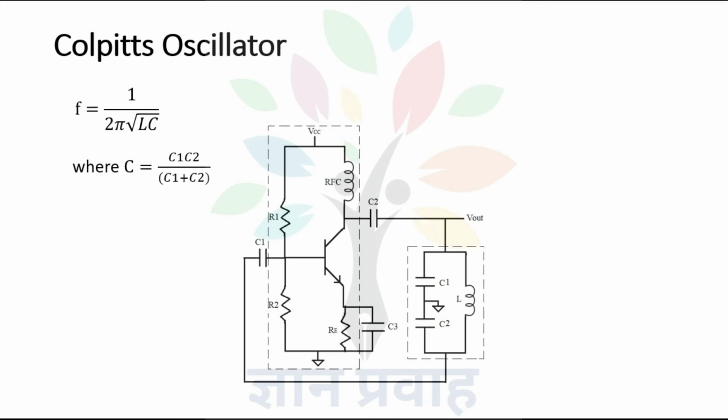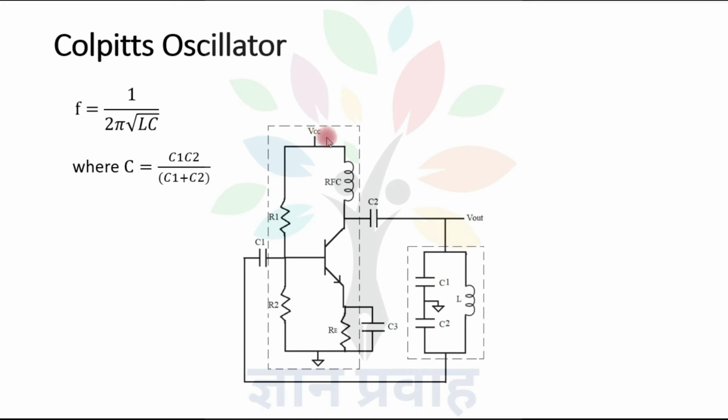The second LC oscillator is the Colpitts oscillator. Here the same approach is used as we have drawn the circuit for Hartley. Inside the tank circuit, in place of one capacitor, here we are using two capacitors and one inductor, and these are connected in this form so that this circuit provides 180-degree phase shift. The remaining circuit is the same as we have discussed for the Hartley oscillator, and the operation of this oscillator also depends on the DC power supply VCC.